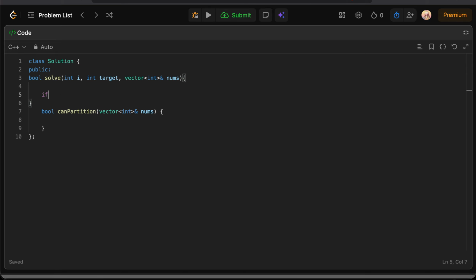Base case: if target is equal to 0, return true.